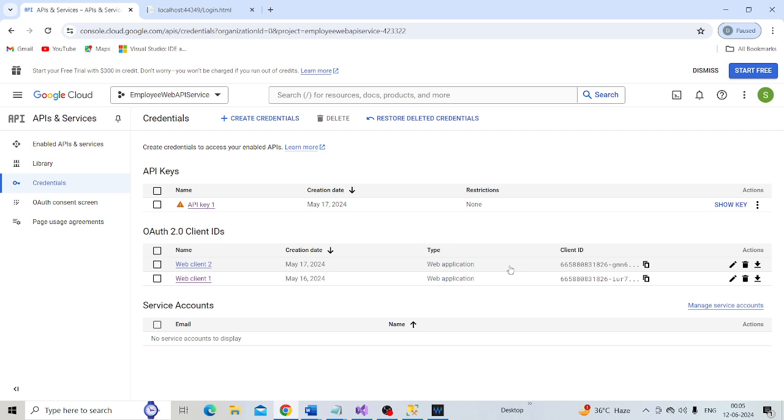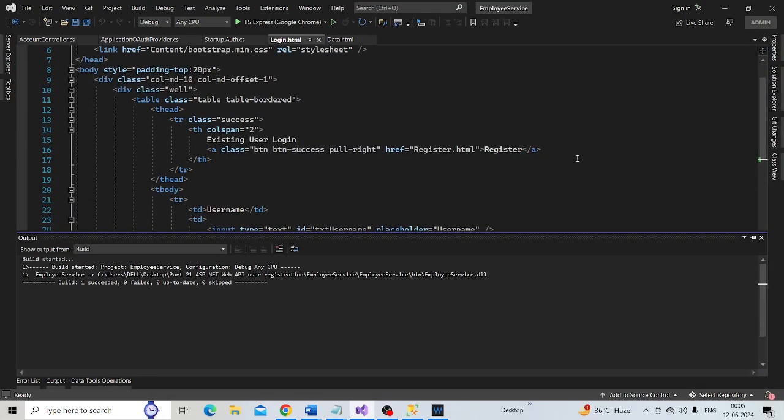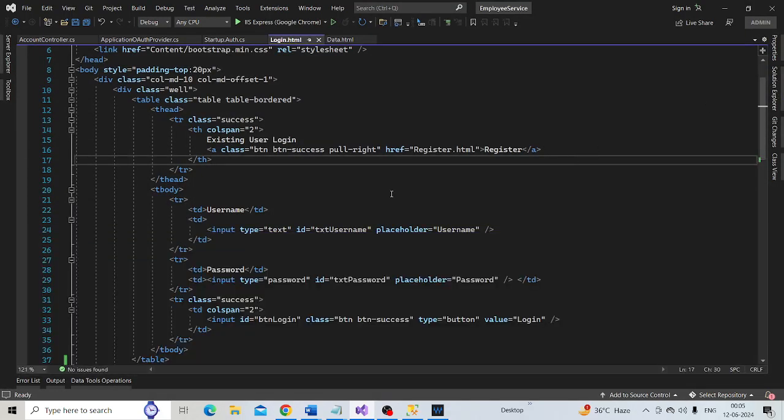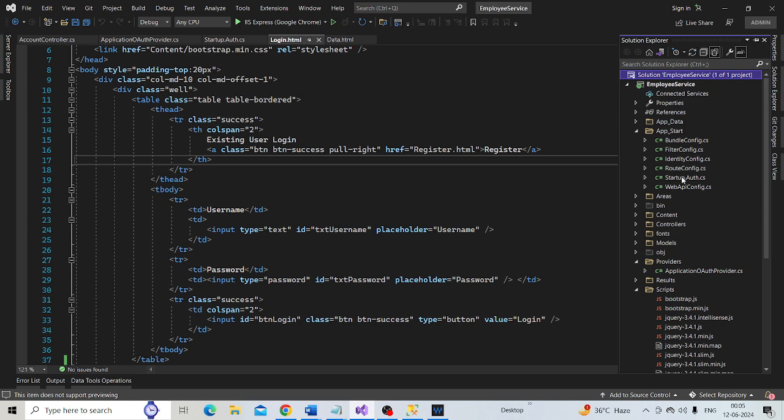First, we need to enable Google authentication. To enable Google authentication, open startup.auth.cs.